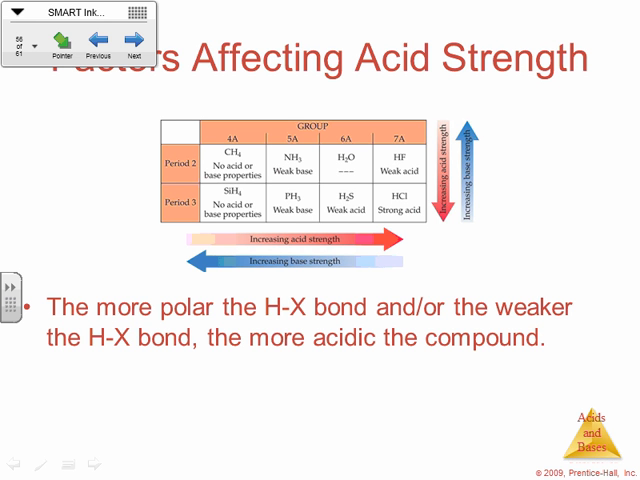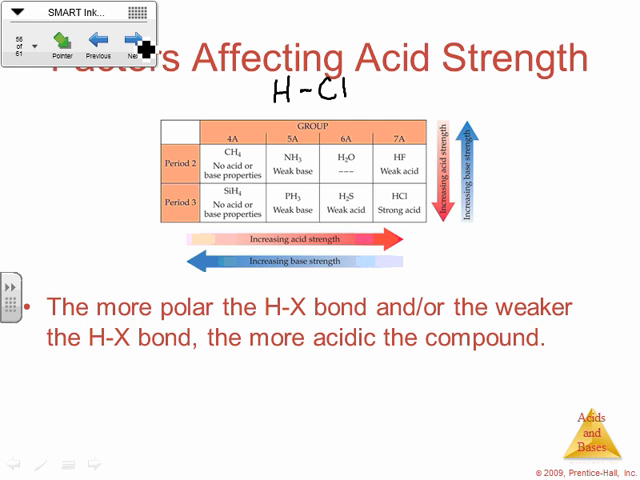But basically, the more polar the HX bond, so if we're talking about hydrogen attached to anything, the more polar that bond and the weaker the bond, the more acidic the compound. All right, so just kind of thinking about that, something like HCl. Okay, that's fairly polar because the chlorine is pulling the electrons a lot closer to itself than the hydrogen. Okay, now,